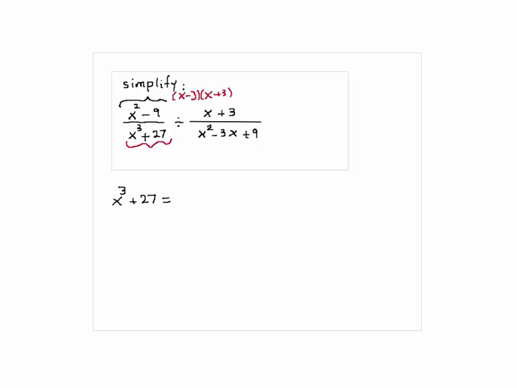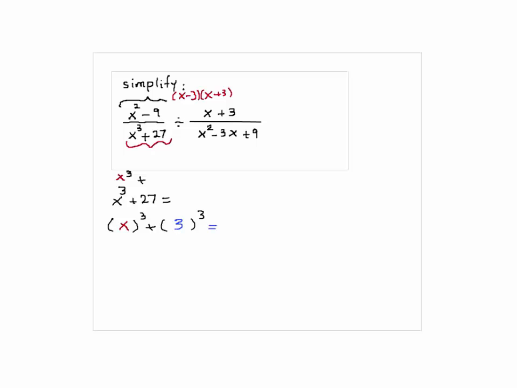Is it the sum of cubes? Very good. This is a sum of cubes. Let's take a look if it is a sum of cubes. The first term here is x. And what's the second term, Shanisha? 3. Very good, 3. So if I know how to factor a sum of cubes, then I'll be able to factor this. So if I have x cubed